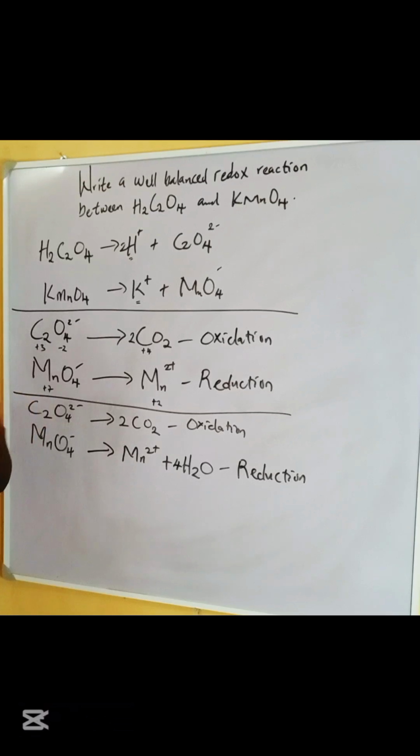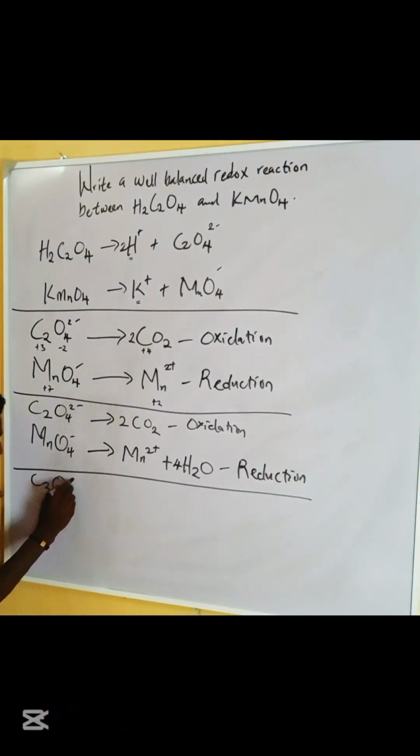The third one we usually have, which is most common, is the neutral condition, where you neither add a hydrogen ion nor hydroxyl ion. Is that clear? But because this is acidic medium, I'm going to add hydrogen ion at my left hand side. Are we together? To balance the one at my right hand side. So I have C2O4 2 minus